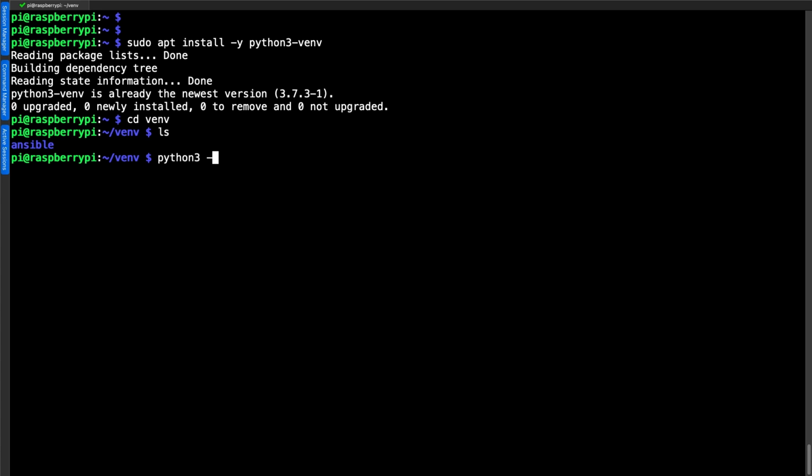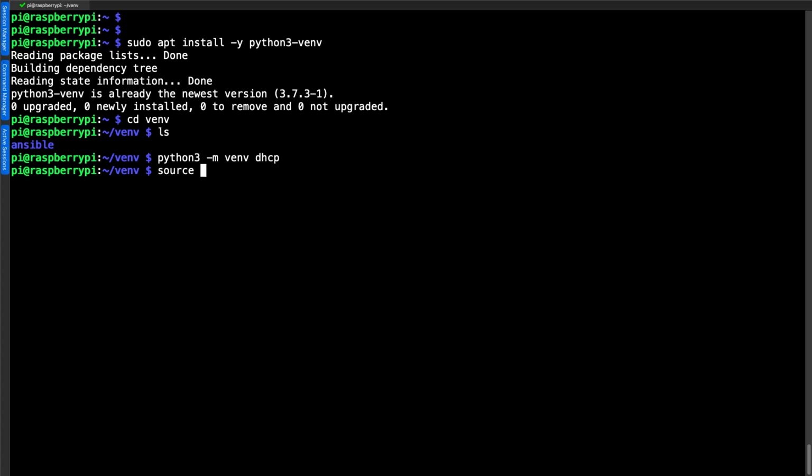So I can go through and create that with python3 -m, pulling up the venv module, and we're going to create the virtual environment dhcp, which in fact is going to create a subdirectory with a clean and fresh version of Python inside of my current directory. So that's now created my virtual environment.